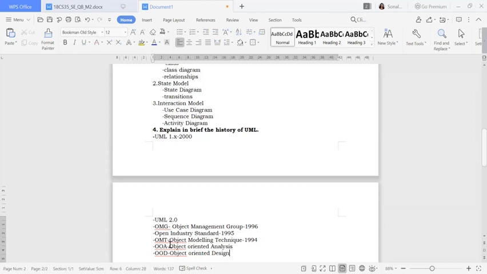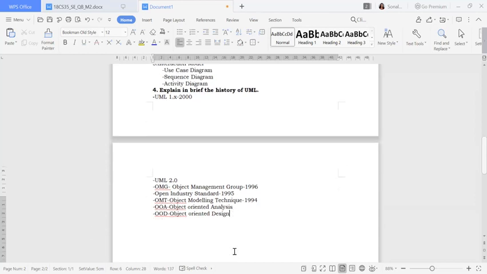Fine. So all these things are there, and who developed them and when they were developed, all these things you have to remember. Normally these things were developed in 1994 itself. It did not take any other time. So this much of points will be enough. Yeah, I forgot to write this one also. This has been developed in the year 2005. Okay, so you need to explain all these things in detail.